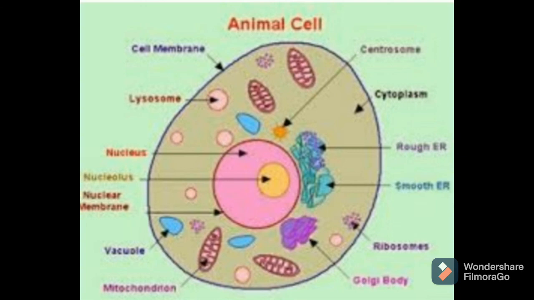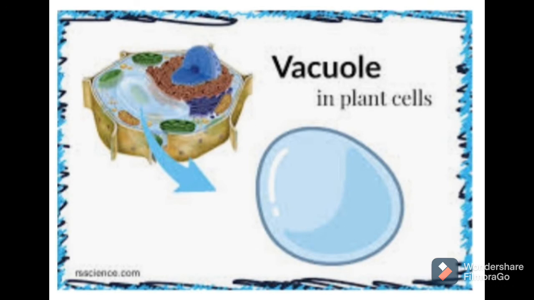And you know about lysosomes. What happens in lysosomes? Lysosomes behave like disposal systems or suicidal bags in animal cells, and these lysosomes are almost absent in plant cells. So vacuoles perform the function of lysosomes in the plant cell. They behave like a disposal system in the plant cell. Whatever waste material is present in the plant cell gets disposed into these vacuoles, and the things which are required by plants but are no longer in use are stored in the vacuoles, and as per requirement the plant cell uses that material.